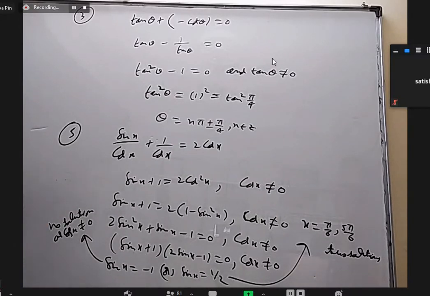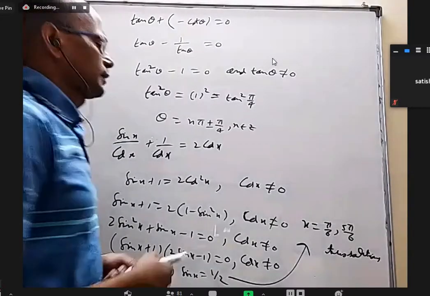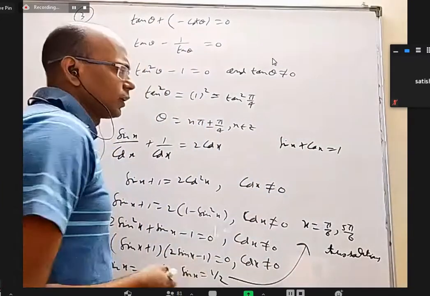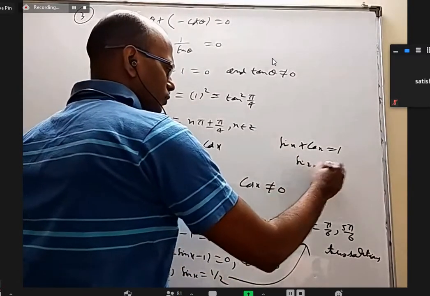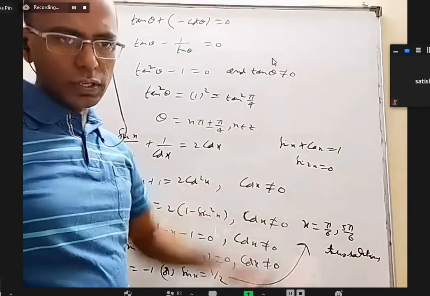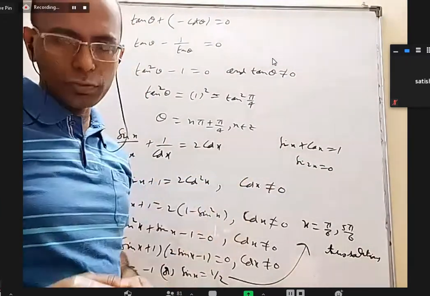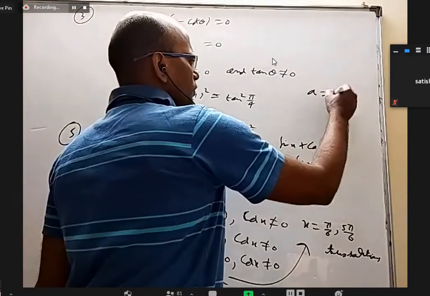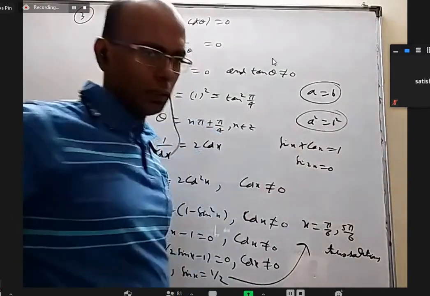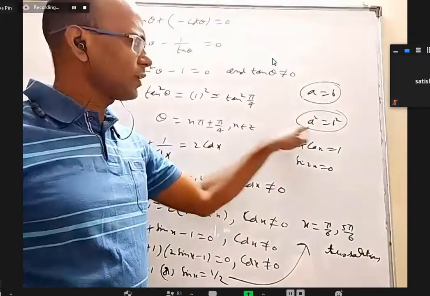Another thing, till now we did not come across maybe so much. We should never square an equation, in trigonometric equation especially. For example, let us say I have a question sin x plus cos x equal to 1. I could solve it maybe, but if I square it, I'll get sin 2x equal to 0. Whatever solution this has, the square of that also will have same solution, but it also will have some extra solutions. Let us say you are supposed to solve a equal to b, but you are solving a square equal to b square. Whatever solution this has, this also will have same solution.